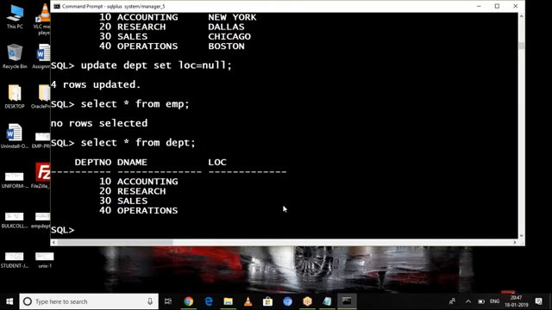No. Saket, don't try to delete the table. You cannot delete table by using delete command. Delete command only acts on data, not on structure, not on object. Okay. Now, employee don't have any data. Department don't have locations. If I apply rollback